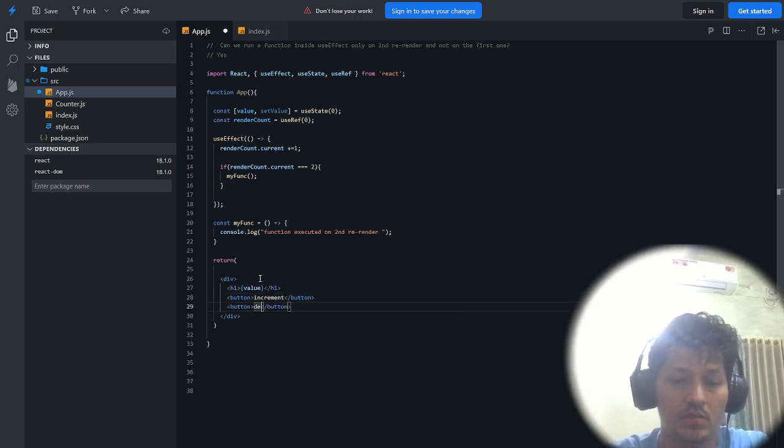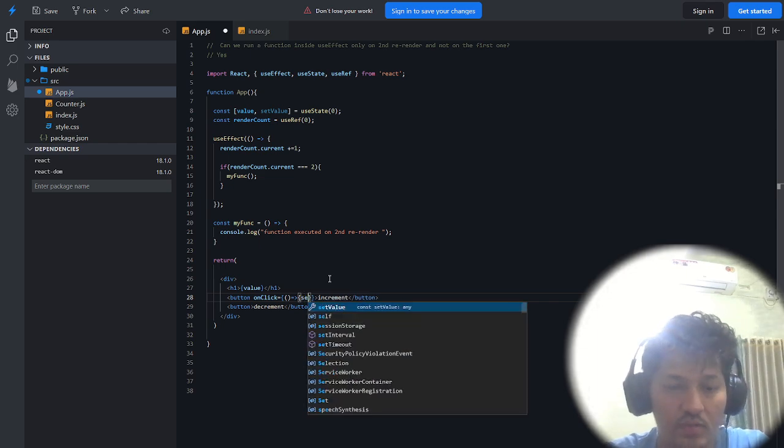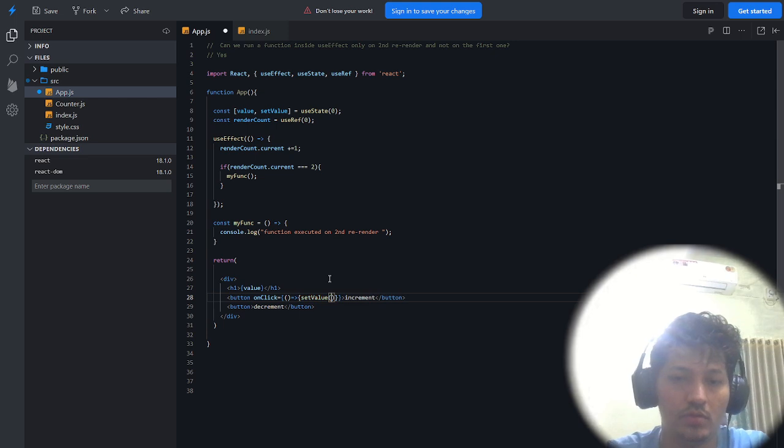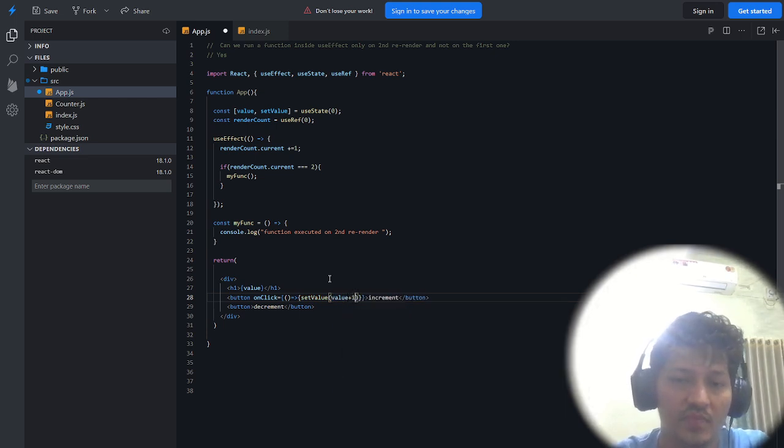Now I write here button onClick is equal to, open bracket, now setValue to value plus 1. Is it okay? And then the same logic for the